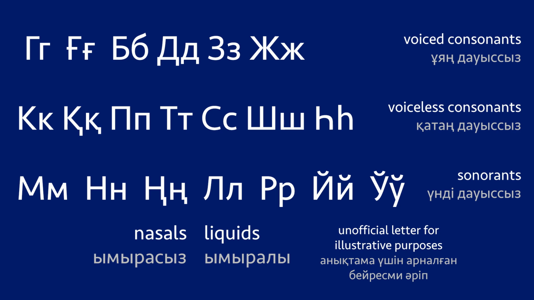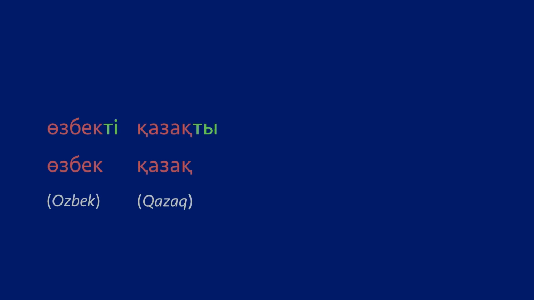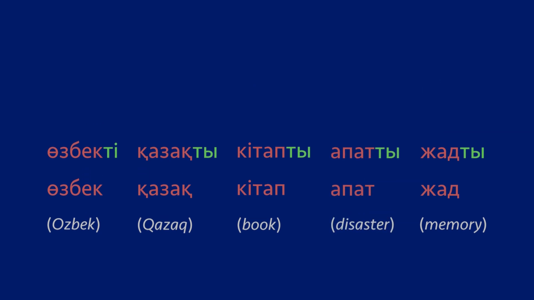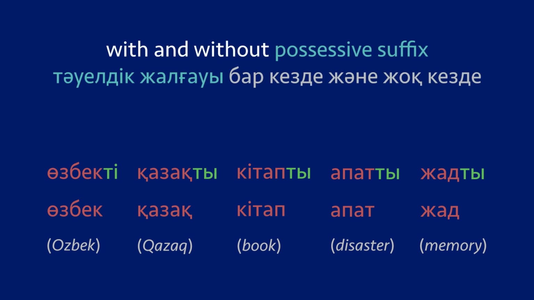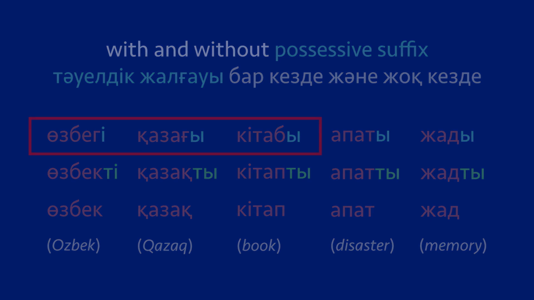At the ends of words, with the exception of z and zh, all voiced consonants get devoiced, and usually it's reflected in the orthography. The Arabic word for book originally has b at the end, but in Kazakh it's pronounced and written as ktab. Sometimes the consonant at the end is devoiced, but it's not reflected in the orthography, like the Persian word for memory, jat. The suffixes that come after them are the same ones as the ones that come after the voiceless consonants, but if the suffix starts with a vowel and not a consonant, then the letters k, k, p get voiced and change to g, r, b in both pronunciation and writing.